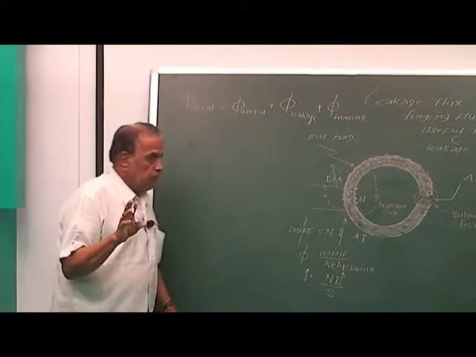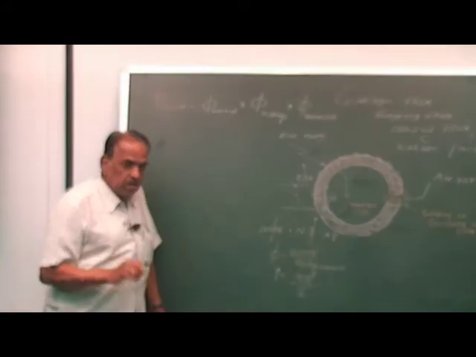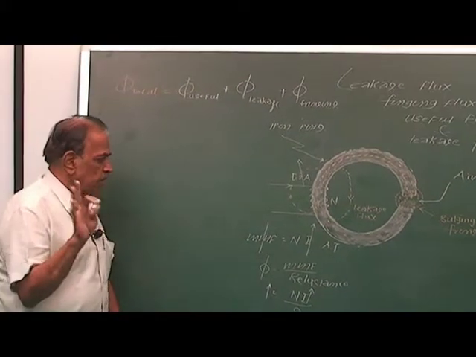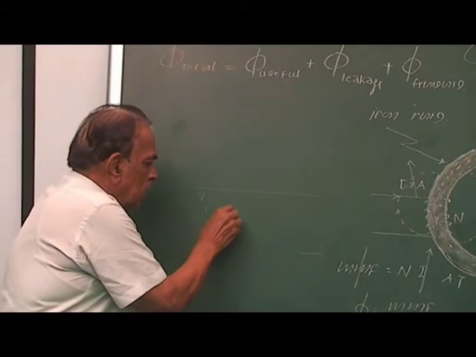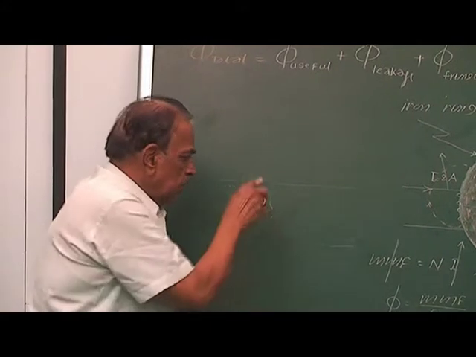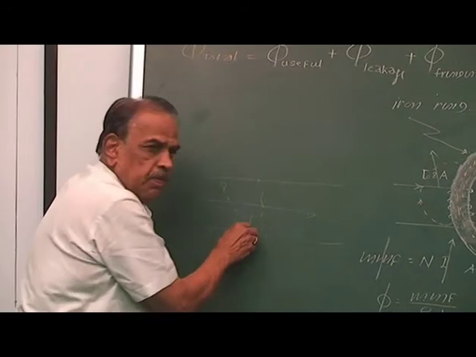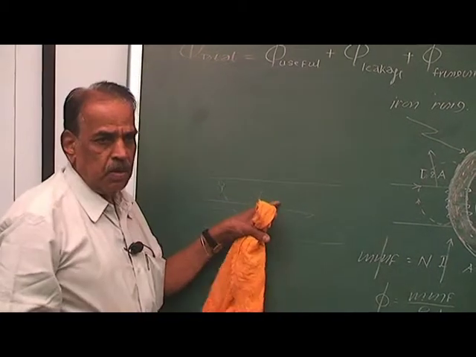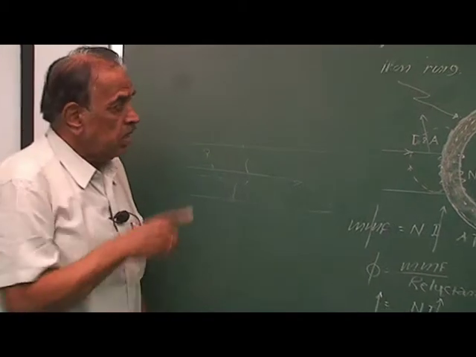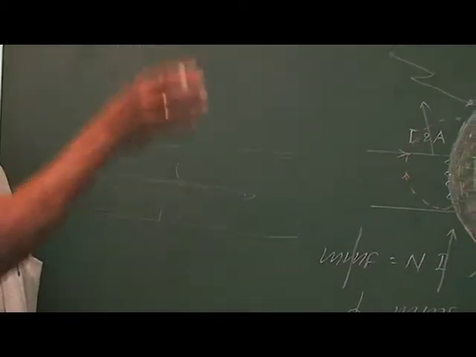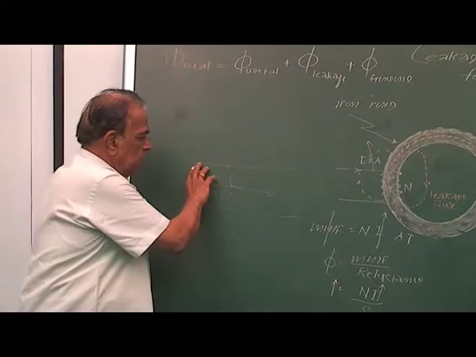You cannot avoid it. So why the leakage and fringing? If you students may not understand why the leakage flux or fringing flux occurs, I will give you one very simple example. Suppose there is a road like this, and along the road a number of persons are walking. This is length and this is width. About 100 persons are walking over the road, means they are occupying the entire width of the road. This is the position where the entire ring is crowded by the flux. And if you try to increase the current further, the width is occupied by all persons.